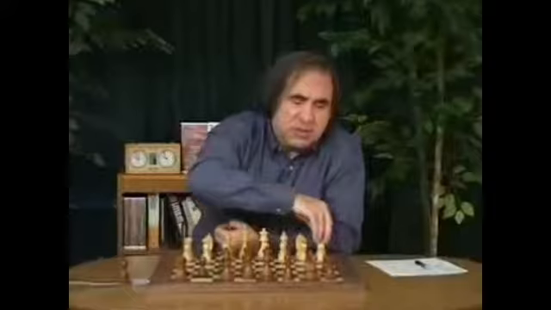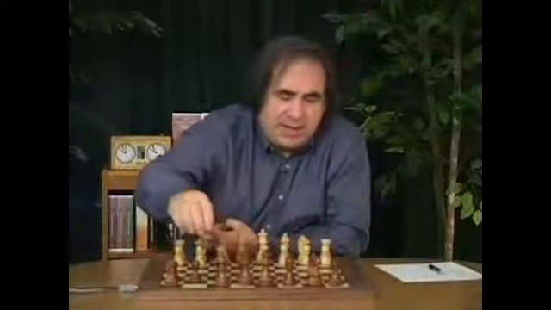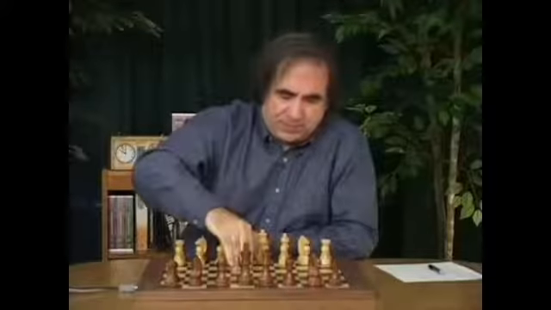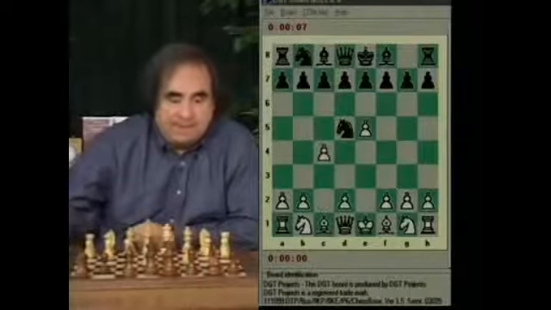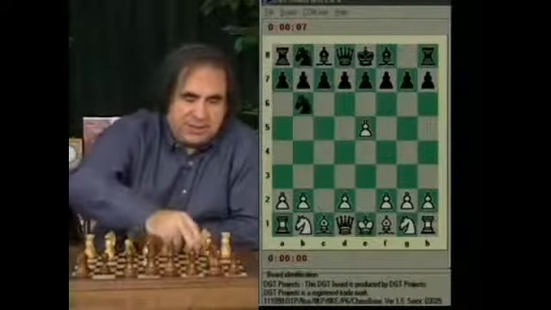Now, let me show you a couple of other traps. It's also on one of my tapes. I believe it was called Crushing Lines. I had one line in the Alekhine defense. e4, knight f6, e5, knight d5, c4, knight b6, c5,